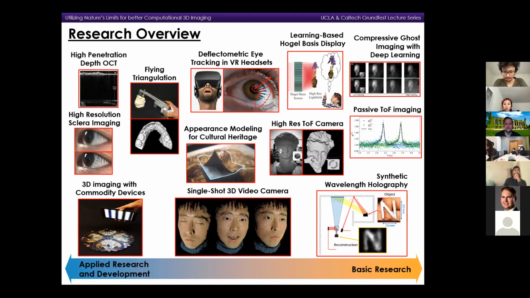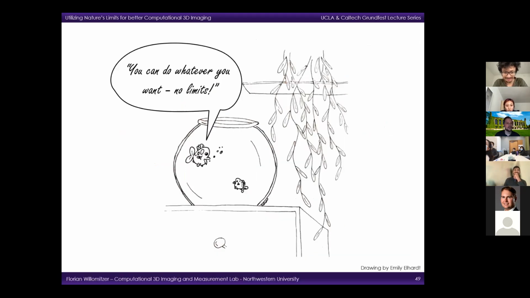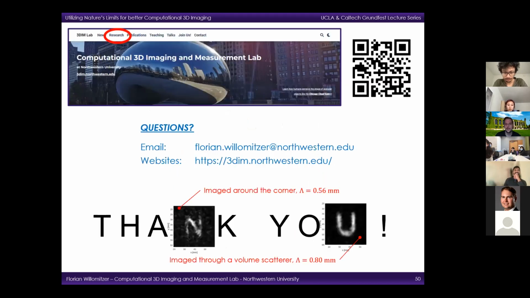Unfortunately, I did not get a chance to talk about the other projects that are going on in our lab. Hopefully, I can do this at a future occasion. And what is left to say now is that I hope I was able also to convince you in this talk that limits are not always a bad thing, especially if you know how to exploit them for the optimization of your device and for bargaining with nature. And if you want to know more about our work, please write me an email or have a look at this website here, especially under the research section. And I'm looking forward to your questions now and say thank you for your attention.